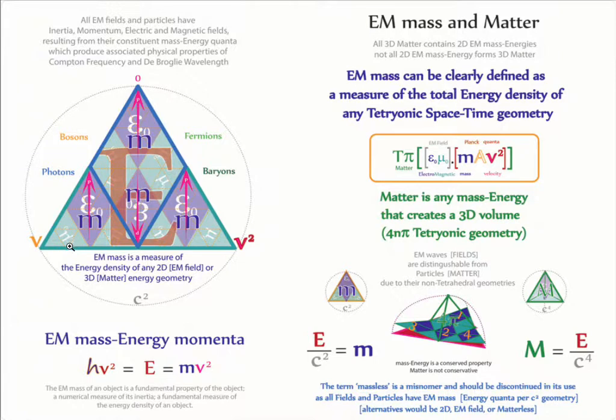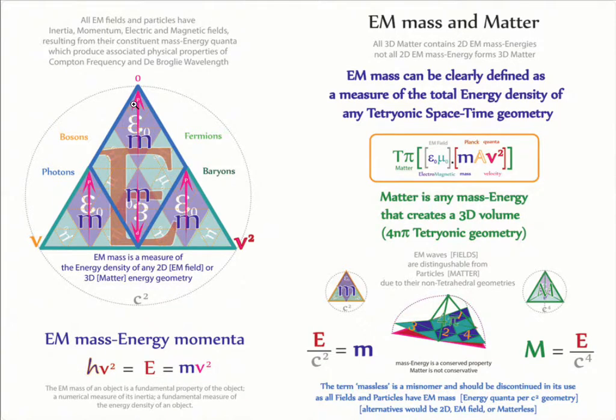The mass energy of any matter geometry forms a standing wave of a tetrahedral geometry, and then these tetrahedral geometries interact via their charged fascia to form larger scale fermionic matter or Tetrionic geometries. They all have the same mass energy momenta relationship, and that's obviously related through the geometry of Tetrionics, or the